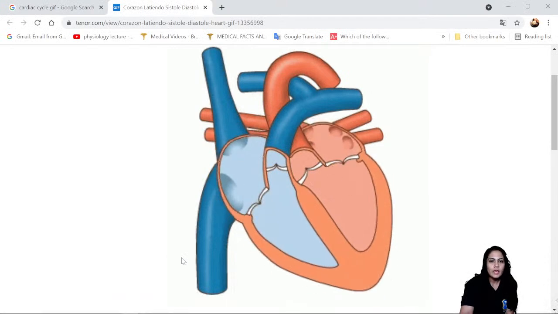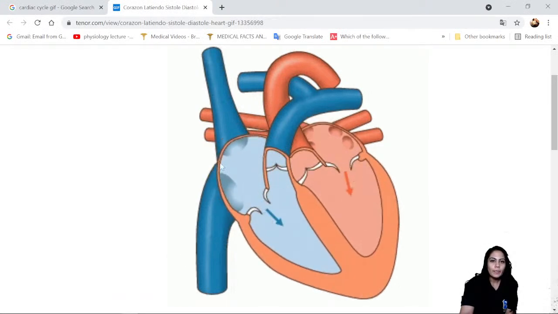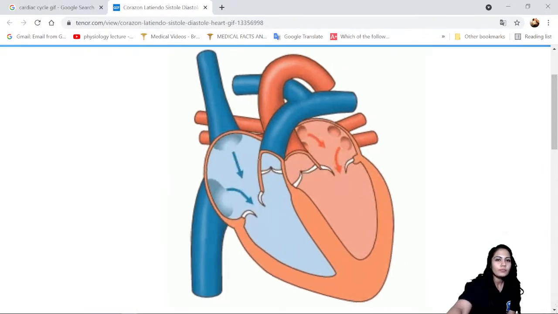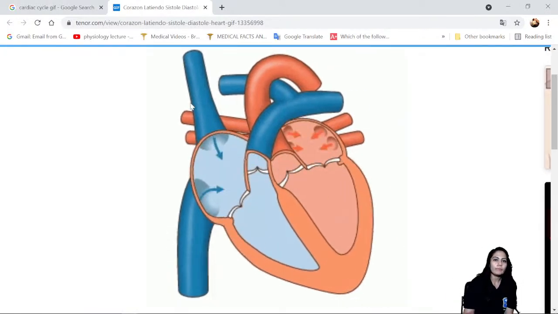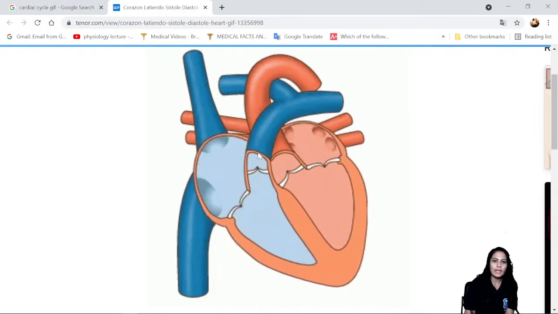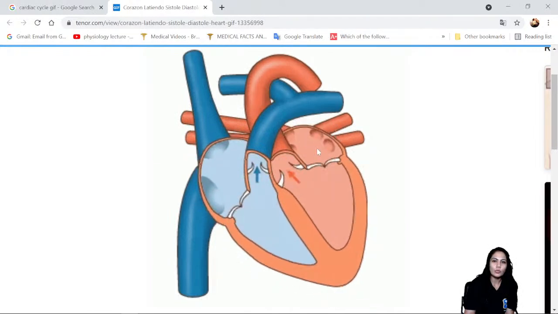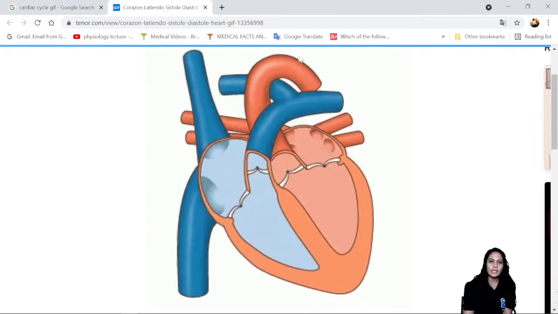Okay, so I just wanted to show you one video which I'm unable to download. So here it is. What you can see is that over here the atria is contracting first, right? See, blood came here and then it is going into the pulmonary artery. From here it is going to go to the lungs, and it is going to come towards the left atrium. You can see over here it came here, then the ventricle will contract